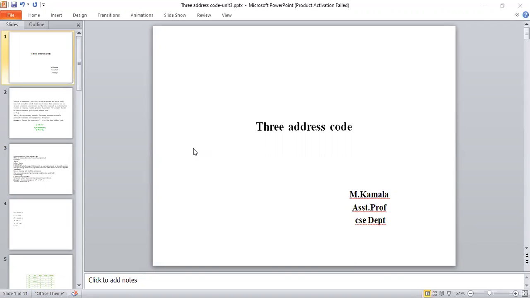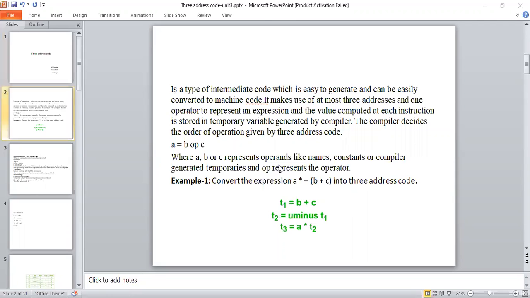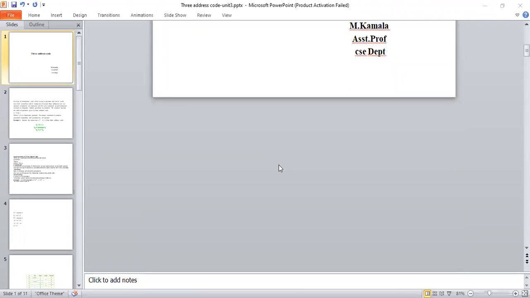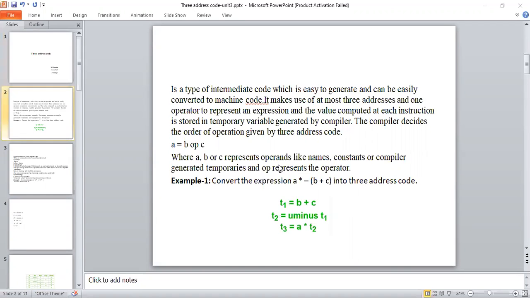In this class, I'm explaining what a three address code is, and why it is called three address code. This three address code is where the address is represented in the form of three addresses.